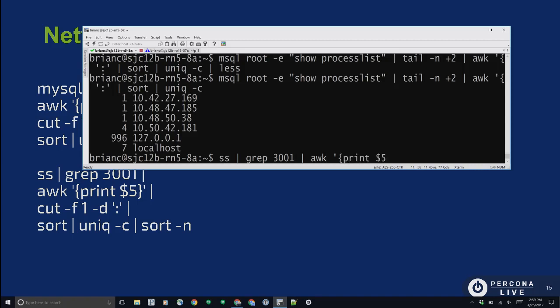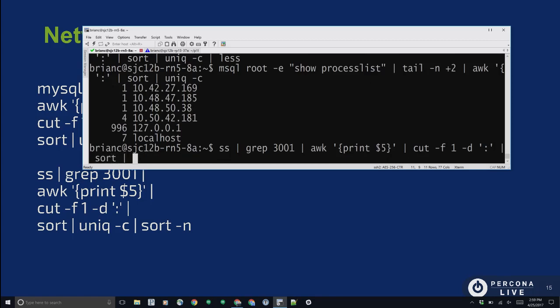Field number 5 happens to be the source of that connection, and it too is using a port with the IP, much like the process list. So I'll narrow that,